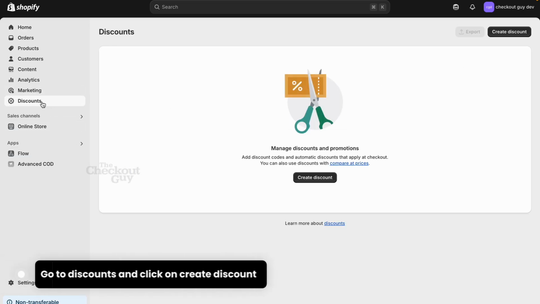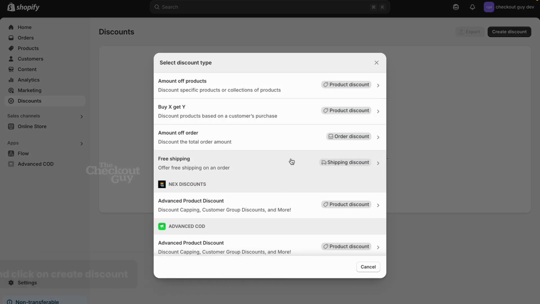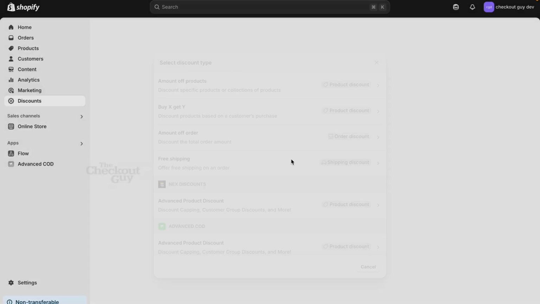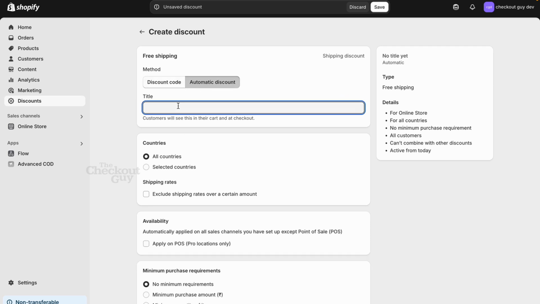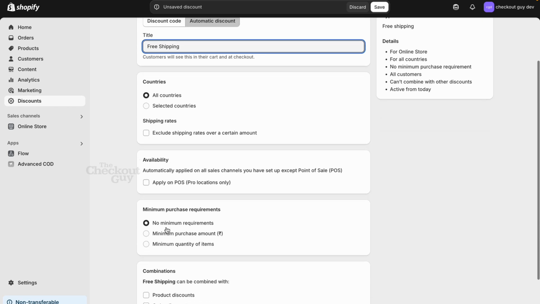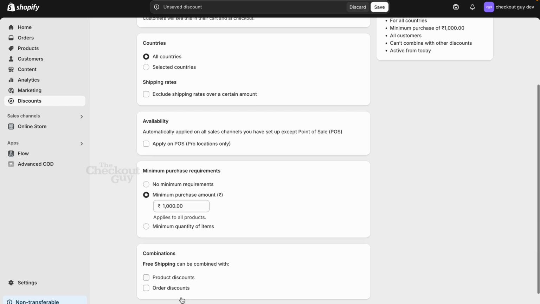You can go to Shopify admin, click on Discounts, click on Create discount, and click on Shipping discount. Then you can make it an automatic discount or a discount code. I'm making a free shipping automatic discount. You can select all countries or select countries. I'm selecting all countries, and you can give the minimum purchase amount. I'm just giving 1,000, and it can be